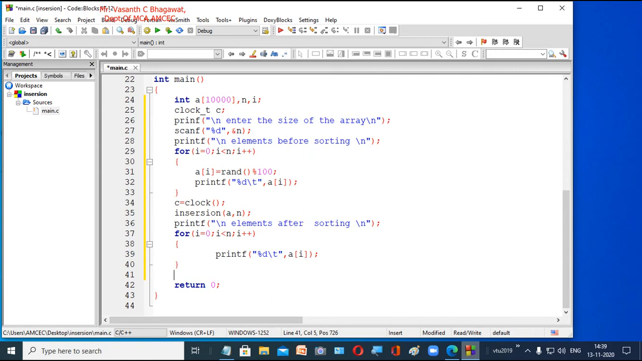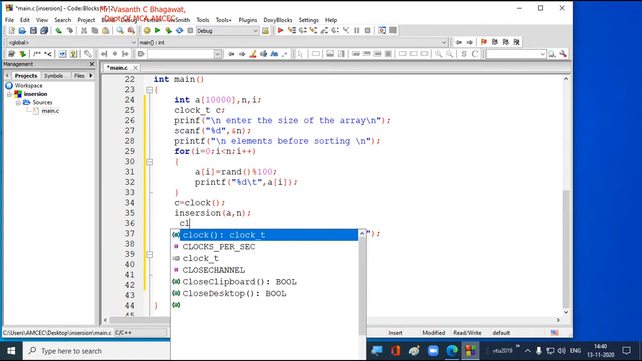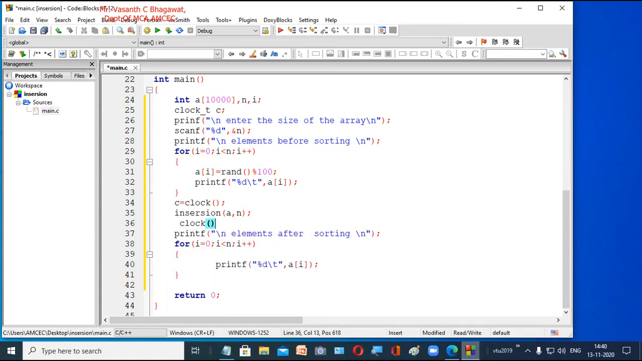So again we have made a mistake. As soon as you start the clock, you have to stop the clock. You stop the clock once your insertion is completed. So when the control goes to the function insertion, it completely does the task, then you have to stop the clock, right? Now what is the command to stop the clock? You have to use the built-in function clock only. So this function will give you the time. So whichever time you are going to stop at, we put that in